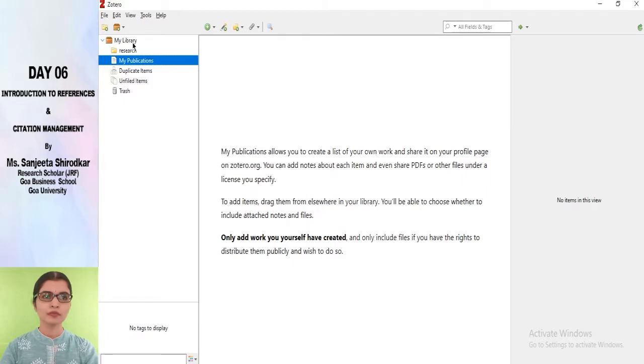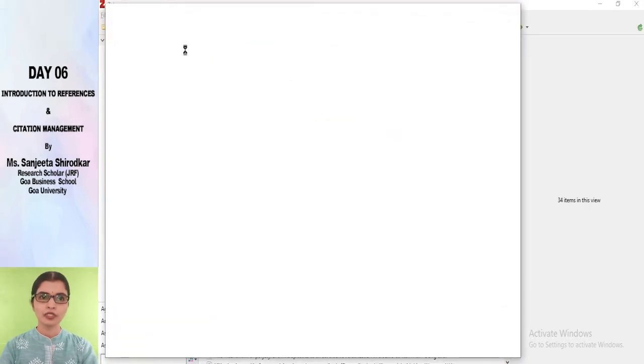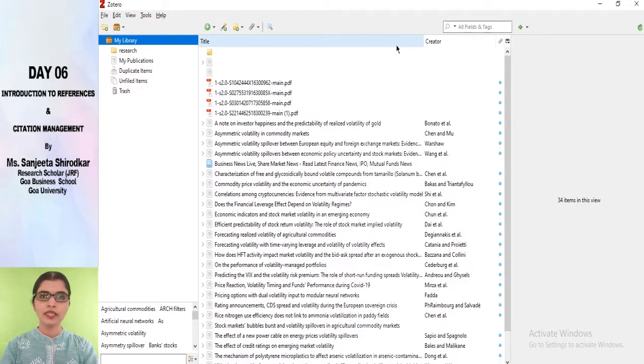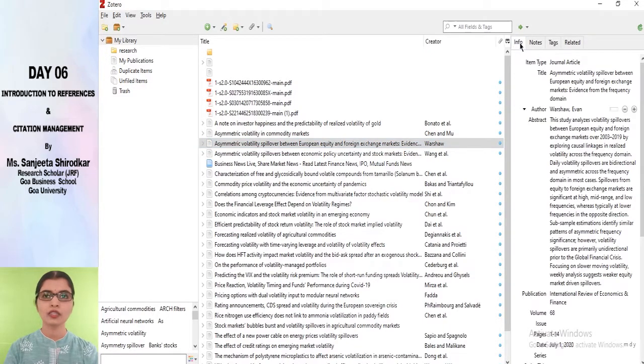Then whatever is the content of a particular folder from the navigation pane, once it is open, that would be shown to you in the middle part. And if you are clicking on any particular reference, then the metadata or the details of that reference would be shown to you in the last pane.